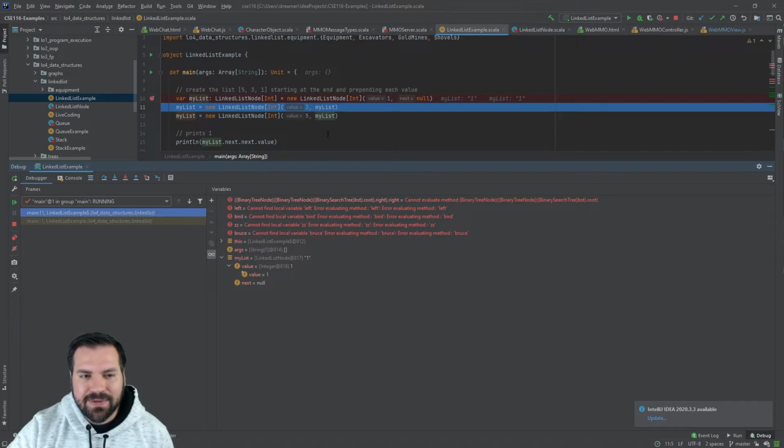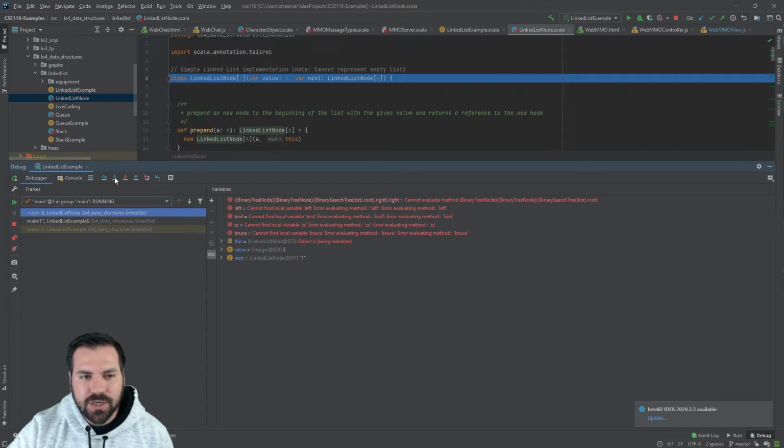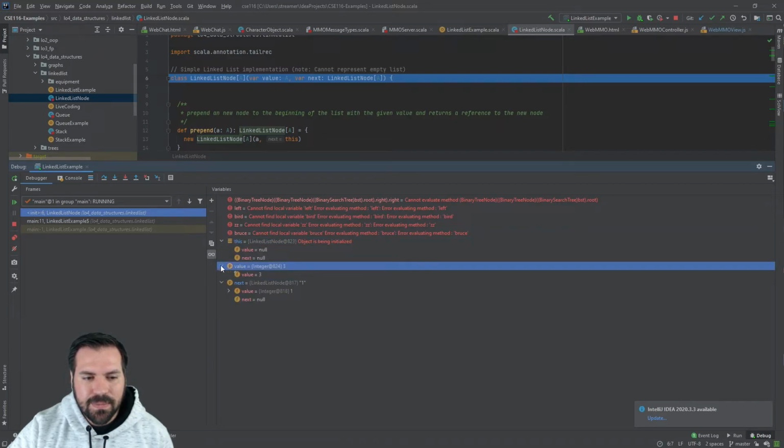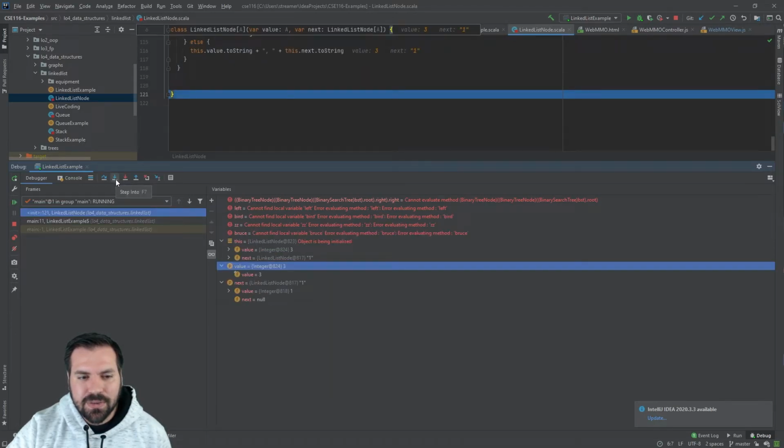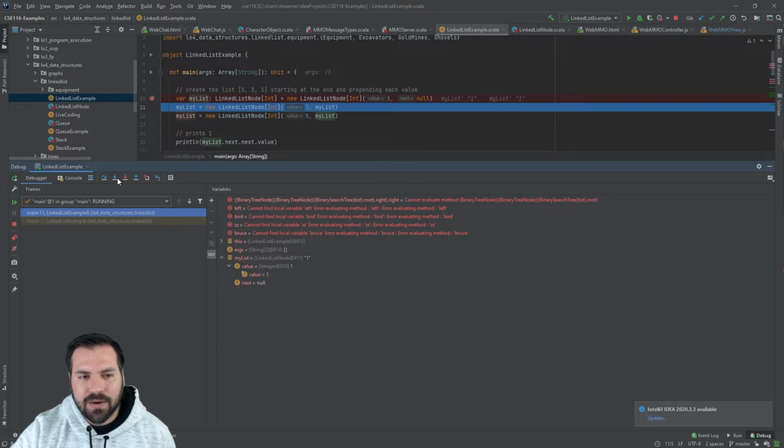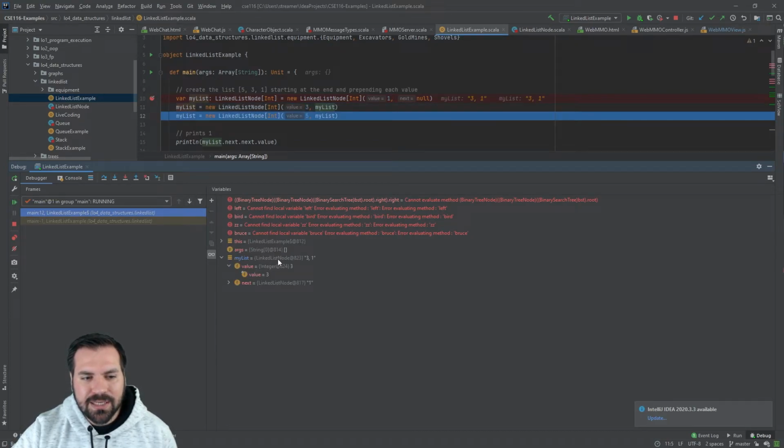So this at 817 and 3 are going to be our constructor parameters. So this value is going to be 3. Next is going to be that linked list node at 817. It has the value 1 and a next of null. And that's what this linked list node is going to store. This is going to be at 823. That's what we rolled for our reference. Then after that's done, my list is going to be a reference at 823, which has a value 3, a next of at 817, that object with a value of 1 and a next of null.